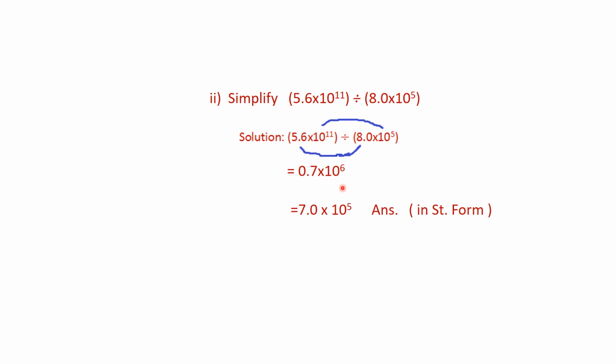Now a very notable point is here, this number is not in standard form. We must change this number. How can we change it? We must move this decimal from here towards the right side one place. When we move the decimal from any place towards the right, we subtract power 1 or we use 10 power negative 1. So this 10 power 6 will be converted to 10 power 5, and this is your answer in standard form.